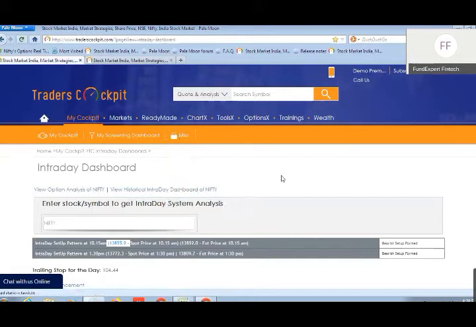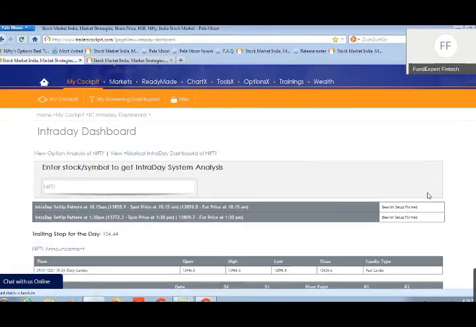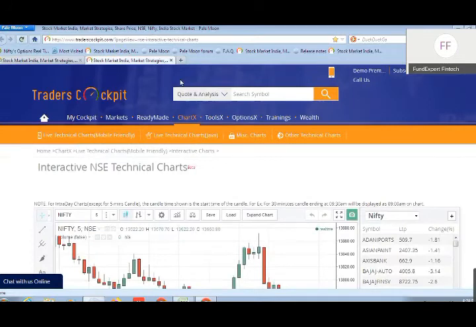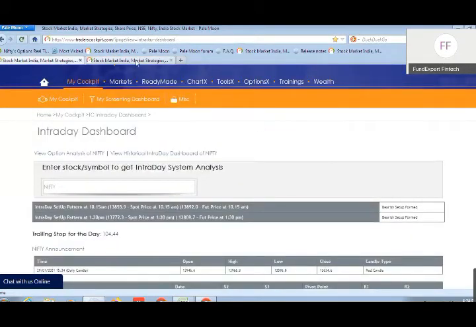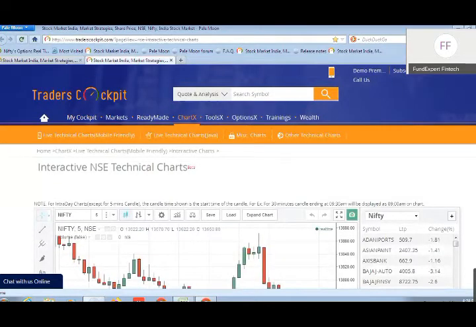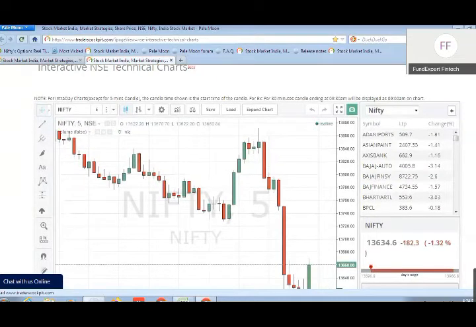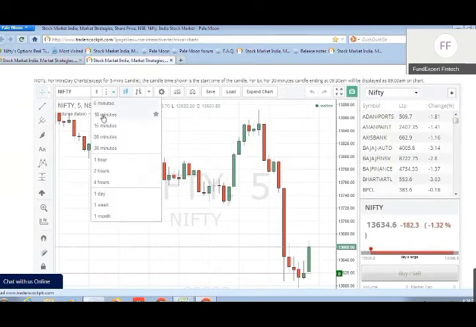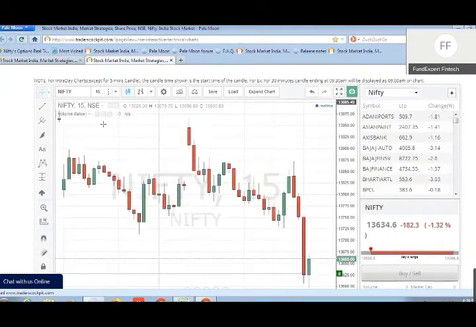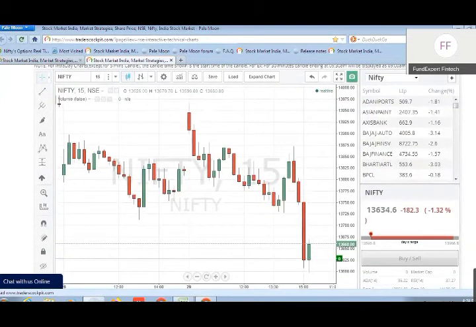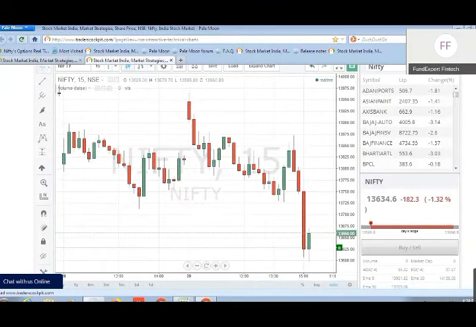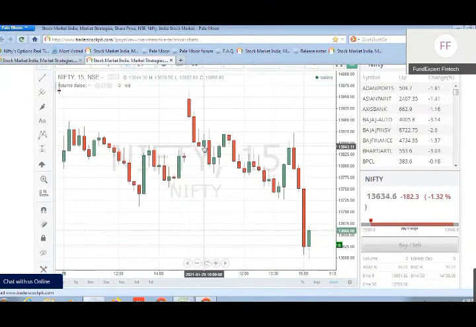That is one strength. Suppose it shows your trade setup as a bearish pattern. Once you get the pattern formation here, you can come to the charts early morning at 10:15 itself. Suppose it shows a bearish setup formation, then to confirm the trade, please come to the charts once and check out the particular script. Say, for example, it is Nifty, and take it on a 15-minute time frame. Check out from the charts here. I'll tell you where the entry point can be and when to enter and when not to enter. Suppose, for example, at 10:15 the price was somewhere around this point.